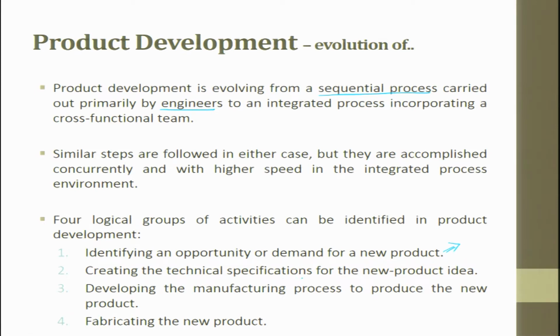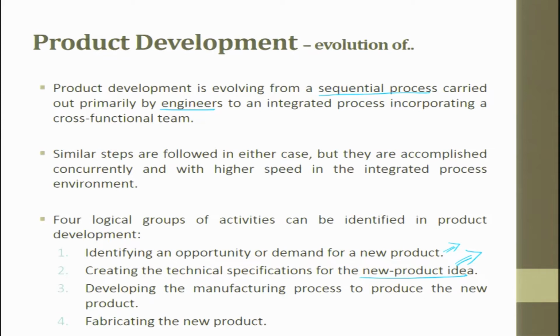Creating a technical specification for the new product idea, big challenge. I would like to buy a shoe. Can you tell me the specification of the shoe? If somebody asks me, I will have a tough time. I can say the size, I can say even the color, I can say the comfort, but more than that I cannot give in my specification. But a shoe has so many things to be specified which are not specified, but a customer expects, hidden specification. So, this is a big challenge.